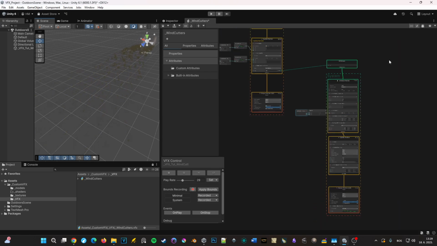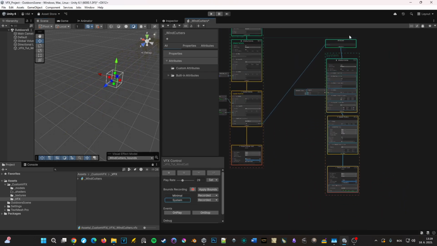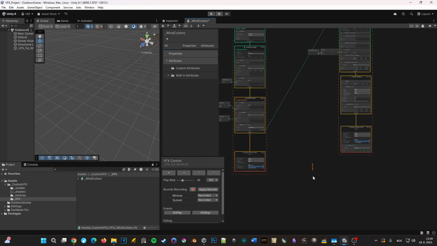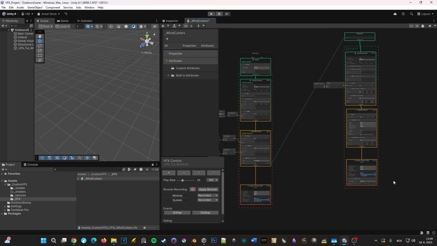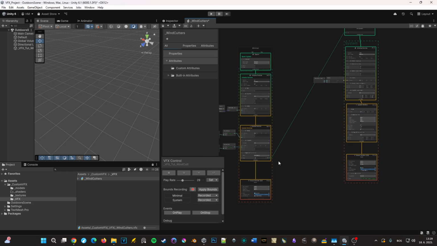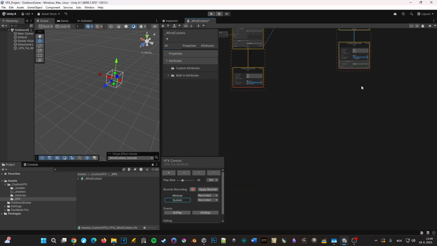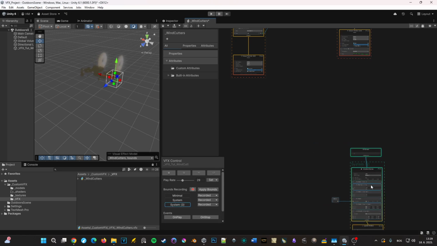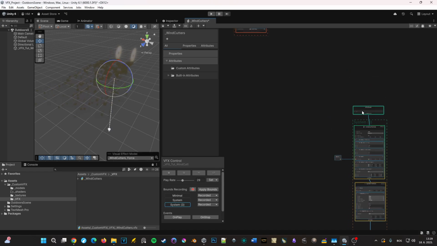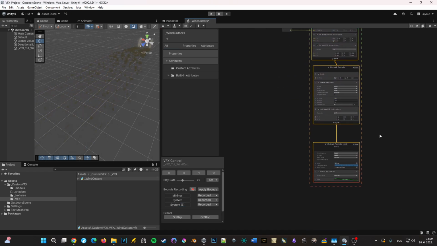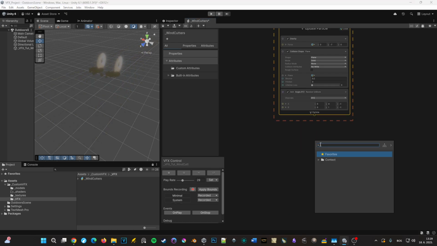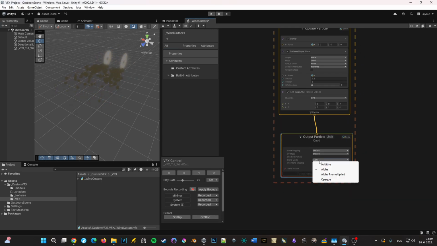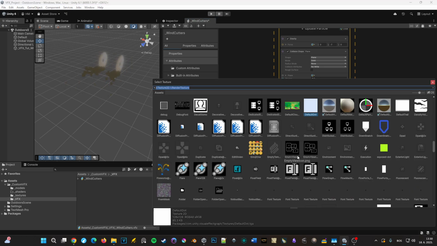Let's actually do the sparks, right? Let's do the sparks. As the saw blade moves, let's say it has sparks. Now, you could just create a simple system as we did before and do the exact same thing as we did here, but we could just duplicate this over yonder down here and change a few parameters to make it look different. So for starters, we're not going to be outputting a mesh. We're going to be outputting a particle quad, unlit, very simple. It's going to be additive, and we're going to be using